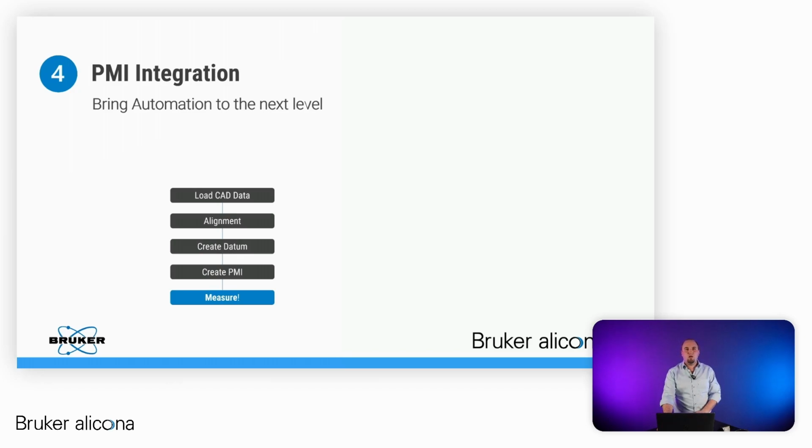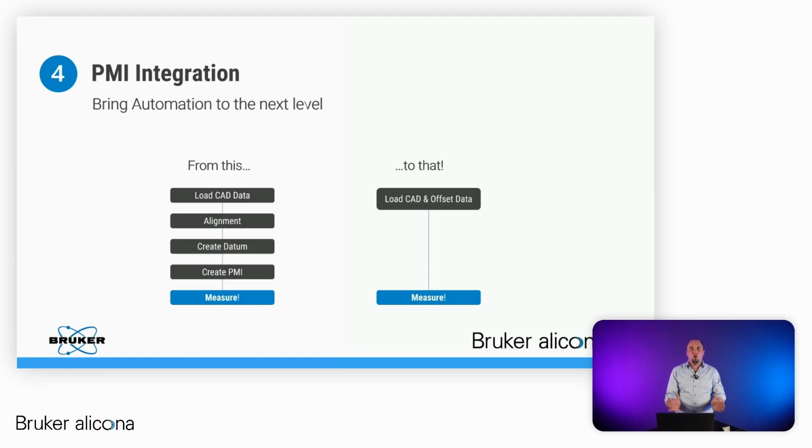From the workflow I told you before, you have to load the CAD file with the PMI. Either you also have the offset data from your manufacturing machine, and you press on start. And this is, I think, already the solution the industry needs. So start with your PMIs, bring us your precision dies, and we will have a one-button solution for you.